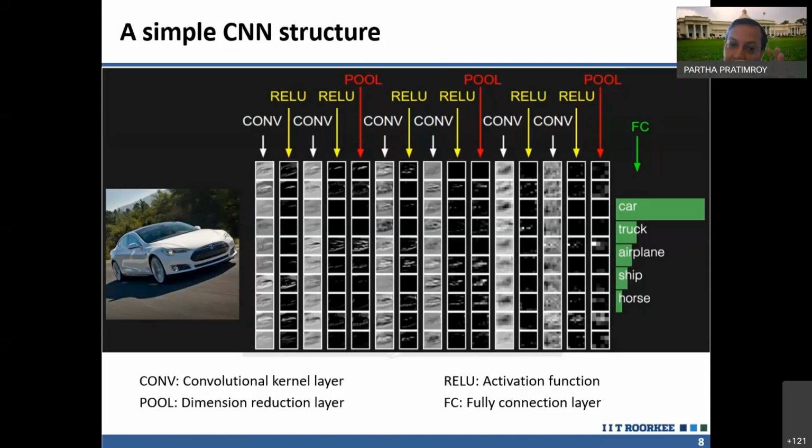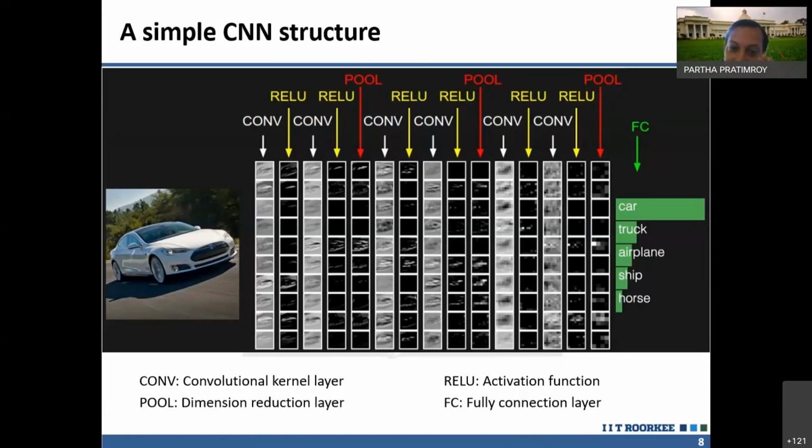If it is not good, meaning you are getting some error, then using this backpropagation, those values of the kernel will be modified. So from 2, it will be modified to something like 2.5, and 10 will be modified to something like 9.5. So this filter is modified internally by the backpropagation algorithm.